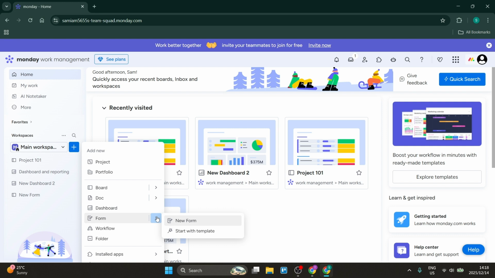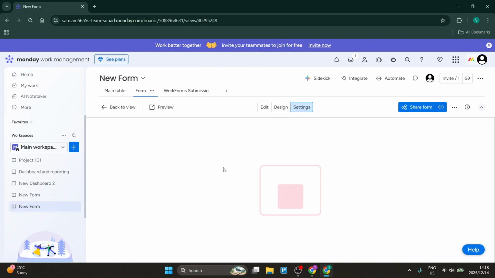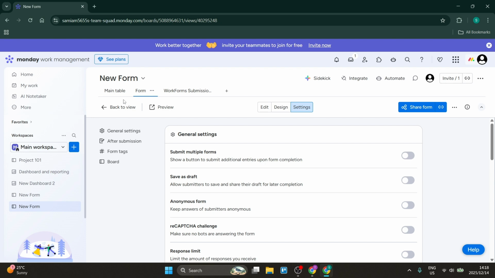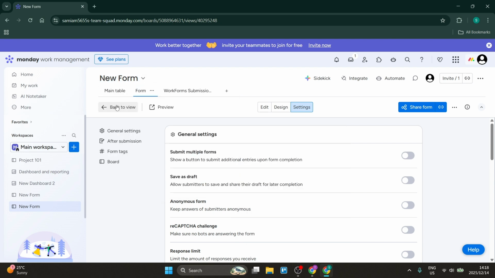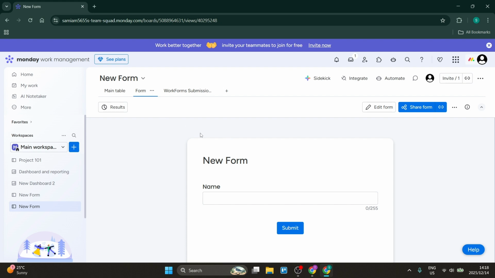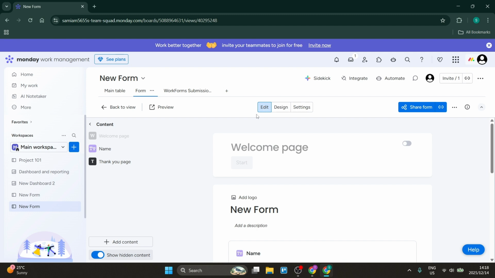Now there are a few ways of doing this. First, you can click on new form, and this will basically allow you to create a new form from scratch without having any template or anything within there. Okay, so this is what the new form looks like, and I'm just going to go back to what it looks like. So you can click on edit form here, and here if you have the edit tab open, you